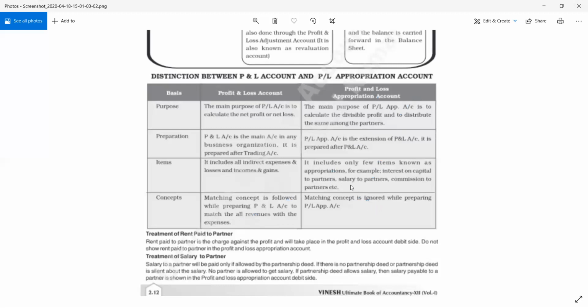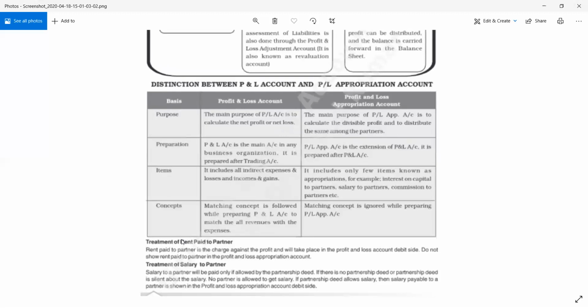ठीक है, और बच्चों याद रखना कि ट्रीटमेंट ऑफ रेंट पेड टू पार्टनर एंड ट्रीटमेंट ऑफ सैलरी पेड टू पार्टनर दो अलग चीजें हैं। रेंट पेड टू पार्टनर उसको हम लोग कहाँ दिखाते हैं, प्रॉफिट एंड लॉस अकाउंट में। क्या दिखाते हैं उसको, चार्ज अगेंस्ट प्रॉफिट। ऑल द आइटम्स विच आर शोन इन द प्रॉफिट एंड लॉस अकाउंट आर हैविंग द फीचर ऑफ चार्ज अगेंस्ट प्रॉफिट, या फिर ऐसे भी समझ लो, चार्ज अगेंस्ट प्रॉफिट और एप्रोप्रिएशन का प्रॉफिट का कॉन्सेप्ट। चार्ज अगेंस्ट प्रॉफिट का मतलब होता है कि वो एक्सपेंसेस, वो आइटम जो है उसको तुम्हें देना ही पड़ेगा, उसको तुम्हें बेयर करना ही पड़ेगा,